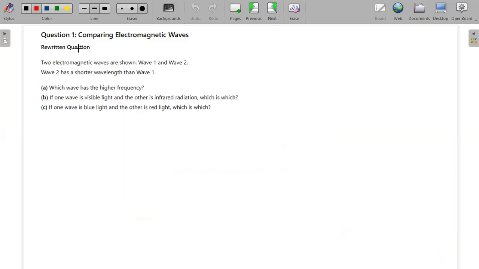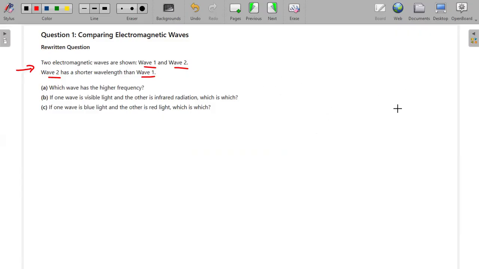So the first one here is a question about comparing the electromagnetic waves. They're saying two electromagnetic waves, wave one and wave two, and that wave two has a shorter wavelength than wave one. Before we can even answer this,